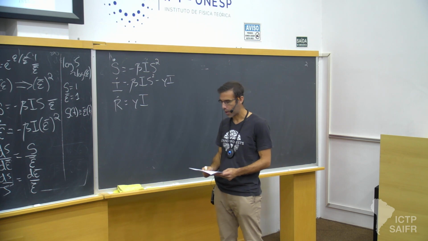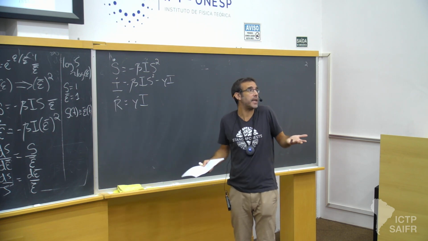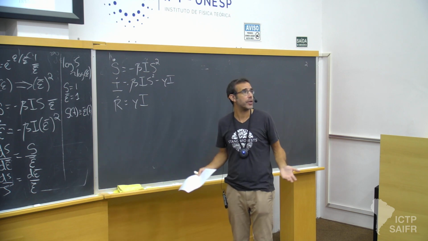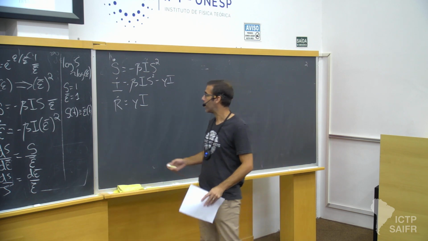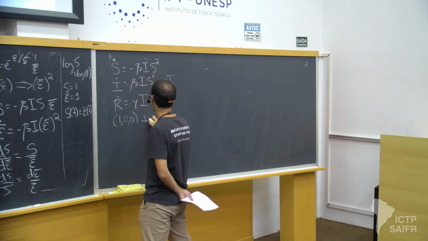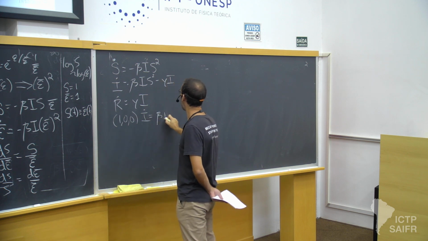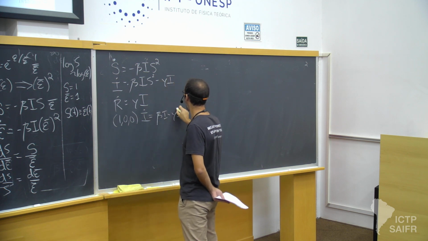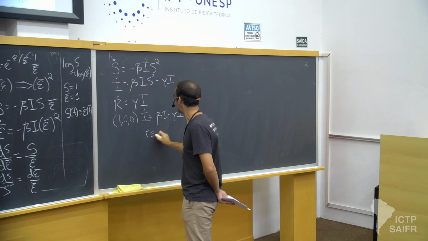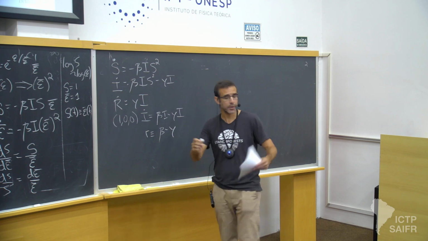Okay. But we can start to go back to where I began early on. Like, what's the speed of this epidemic? How big should the epidemic become? So we could ask the question near 1, 0, 0, I dot becomes beta I minus gamma I. In other words, the speed is just beta minus gamma, as it was before.